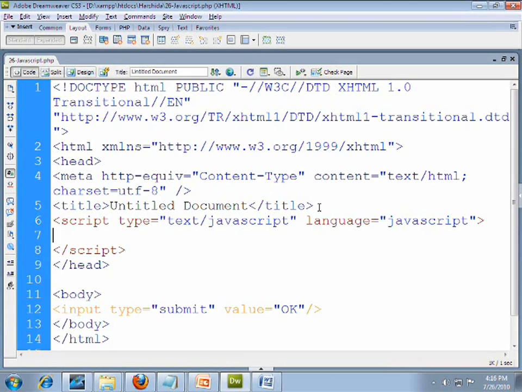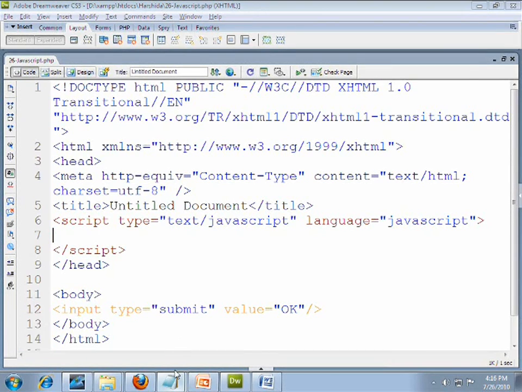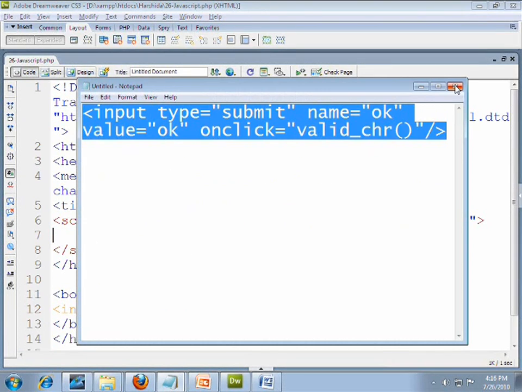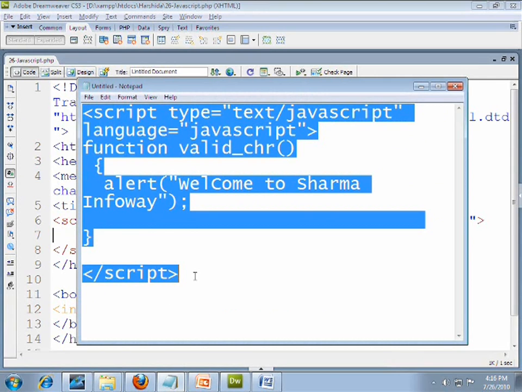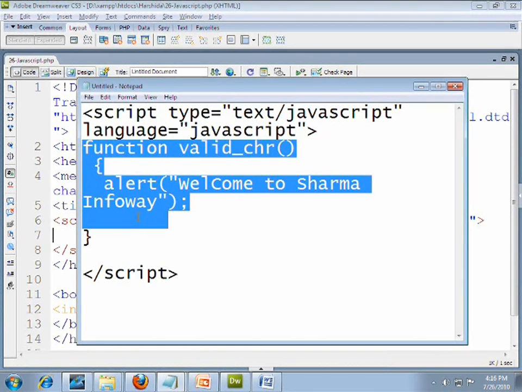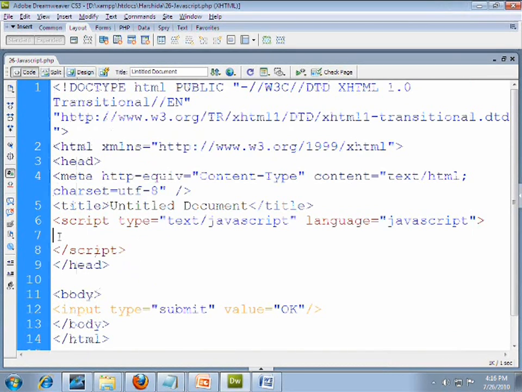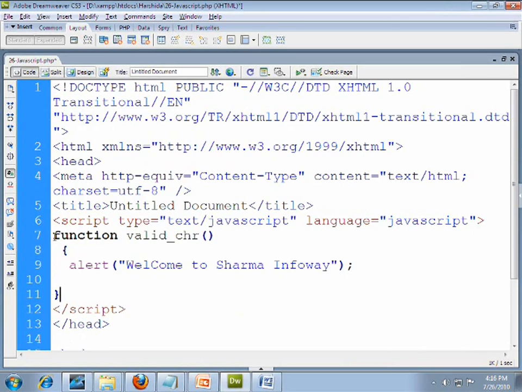Now let's write some functions, but I have some code already prepared, so I'll give you one example. This is my function. I will explain what exactly this will do in this program. You can see that my function name is valid_chr and it has a message like alert welcome to share my info. So when we call this function valid_chr, whatever I have written inside the body of the function will be executed.